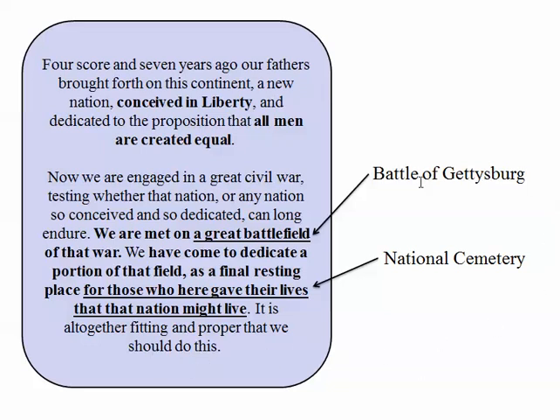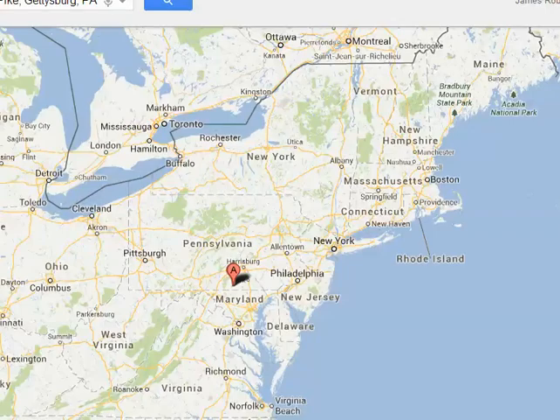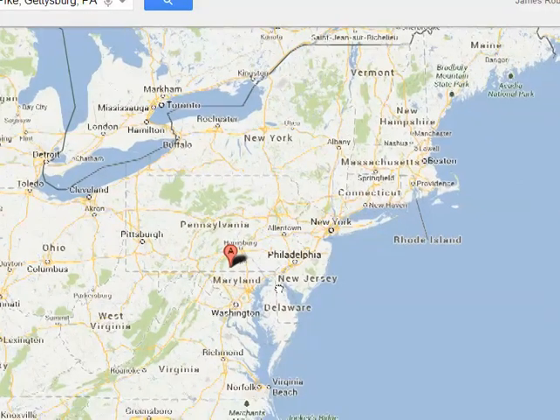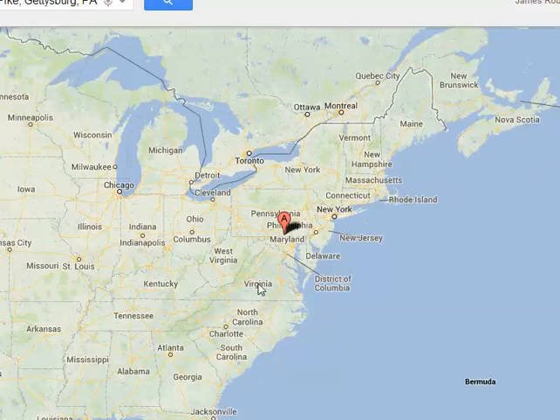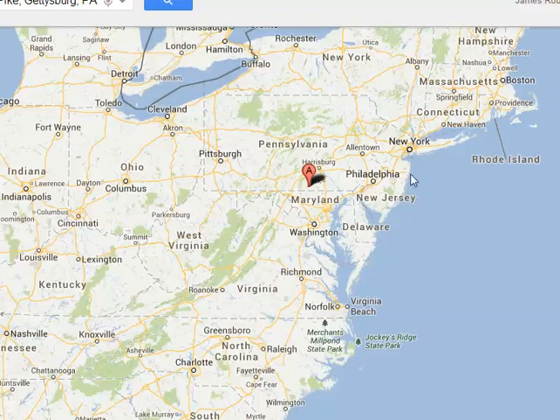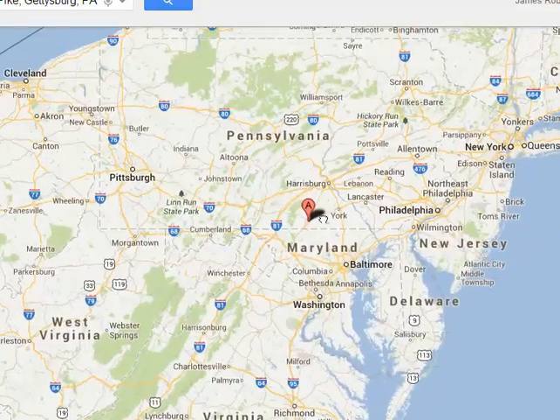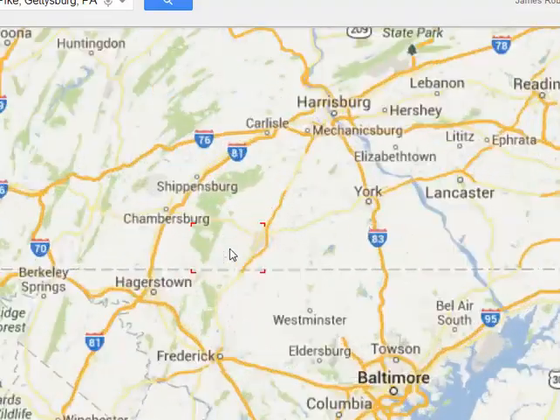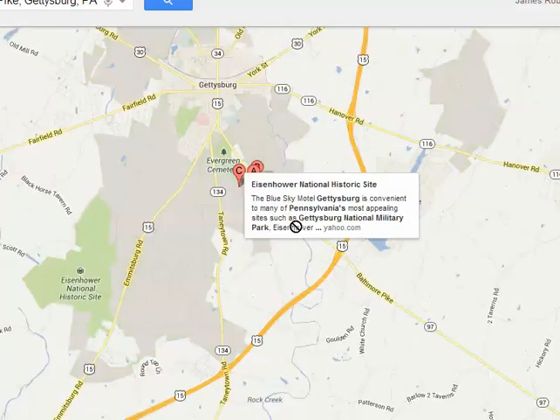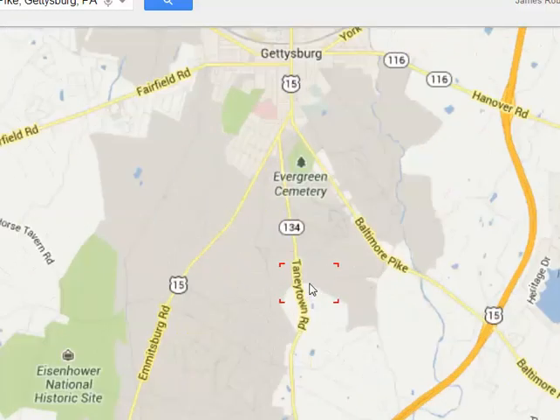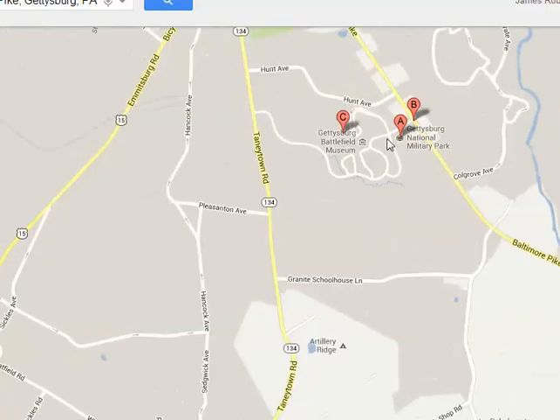In other words, we should dedicate this cemetery to these people that died here in this great battle. Now, if we go to Gettysburg, we find a map here of the United States on Google Images. Gettysburg happened in Pennsylvania, and we can zoom in here on Google Images and we can find where the Gettysburg battlefield was. Here's Gettysburg, Virginia, and there's the Battlefield Museum